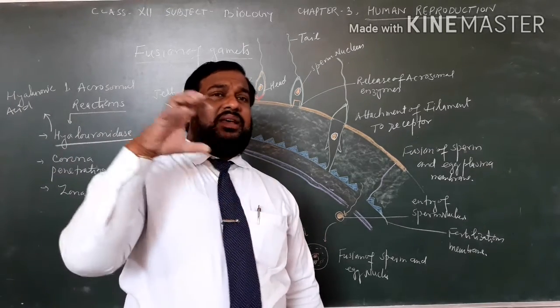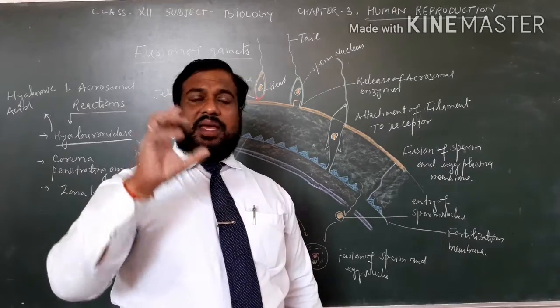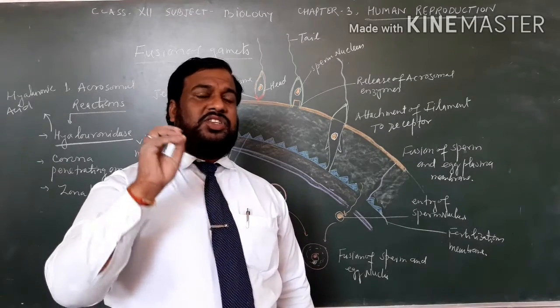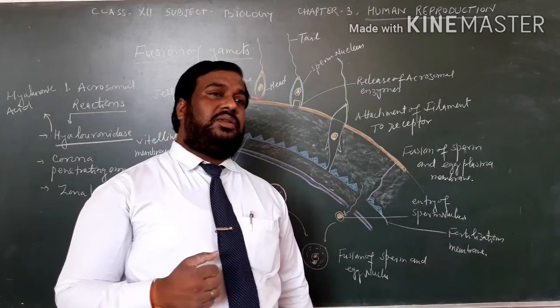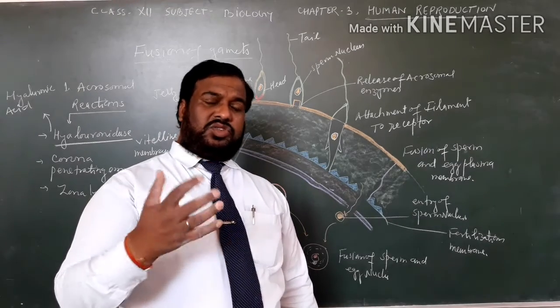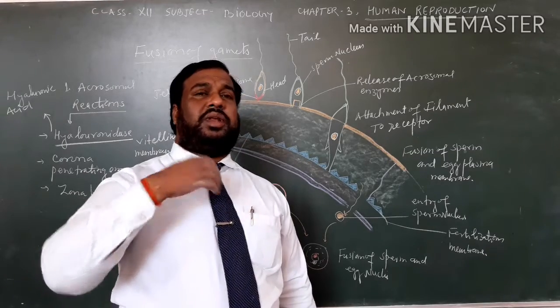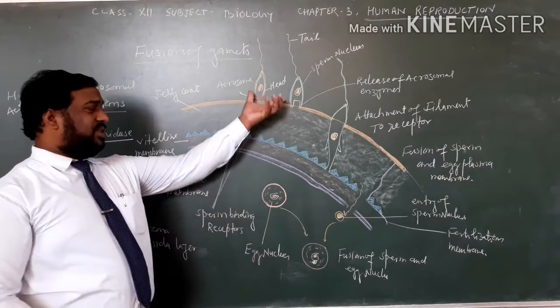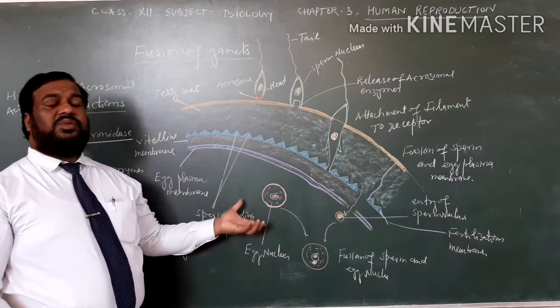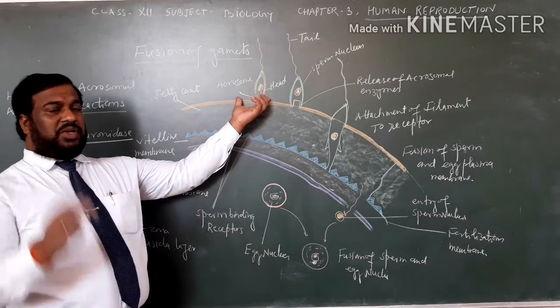When the sperm reaches the ampulla isthmus junction and the ovum also, they can fuse together with the zona pellucida. Now here is the structure of one part of the ovum along with the sperm. So dear student,